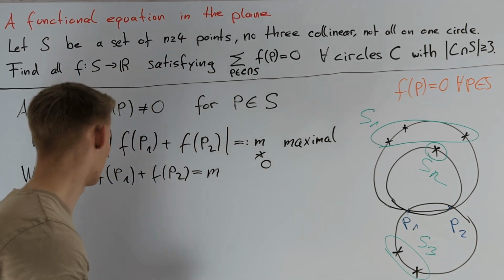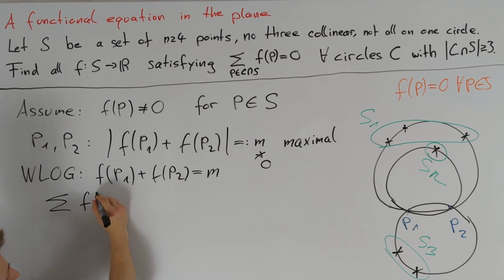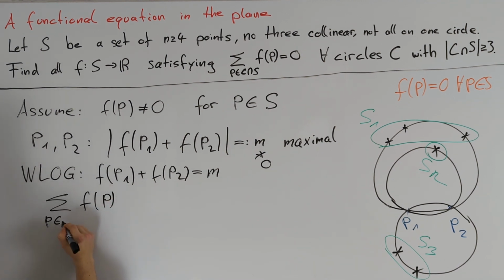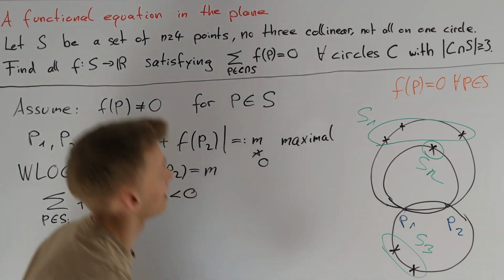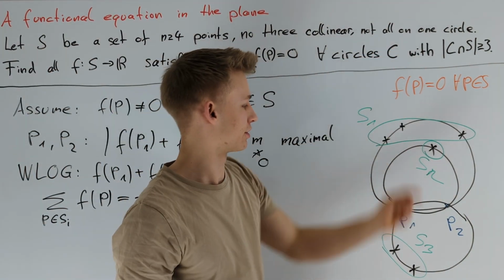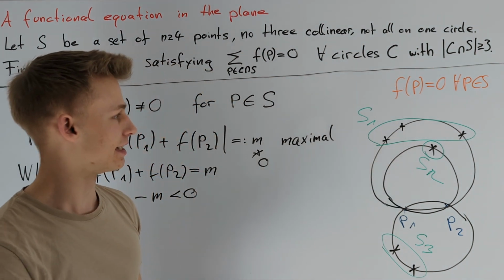Then we get that the sum of f of p for all points p in one of our sets Si must be equal to minus m, which is less than 0. The fact that not all of the points lie on one circle tells us that we have at least 2 different sets,